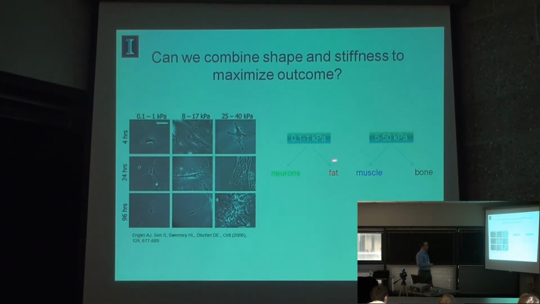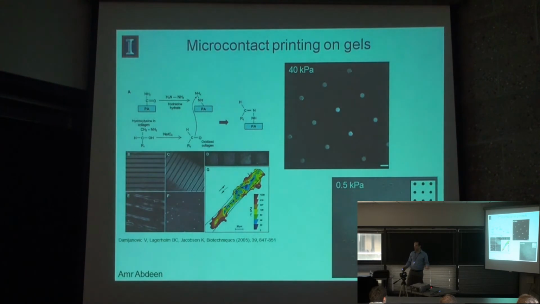When we've cultured MSCs on these very soft gels, we see that some cells express beta-3 tubulin, a low percentage of them, while many cells start to accumulate lipid droplets, which appears that they're going towards an adipocyte fat cell fate. And similarly, on stiffer materials, you tend to get a mixture of cells that are expressing markers of muscle and bone. And so the question is, can we devise a way to exclusively promote these different fates on these hydrogel materials? And so one way, perhaps, is to use shape, since there's so very many different shapes between these